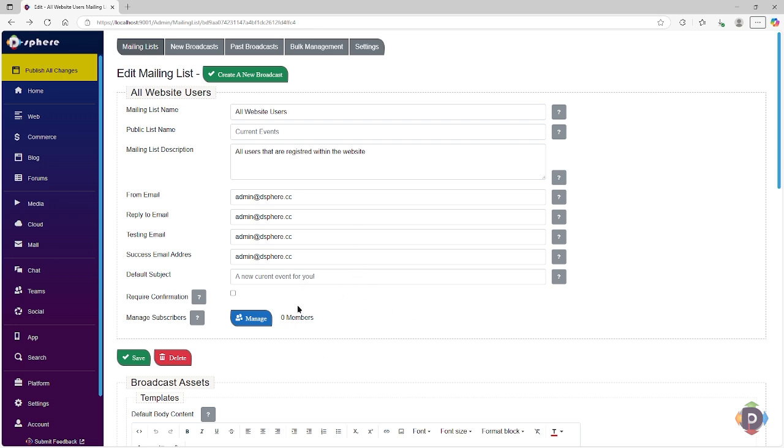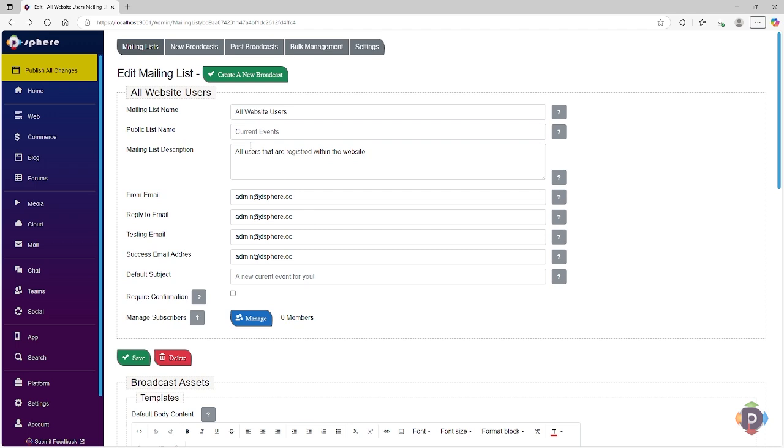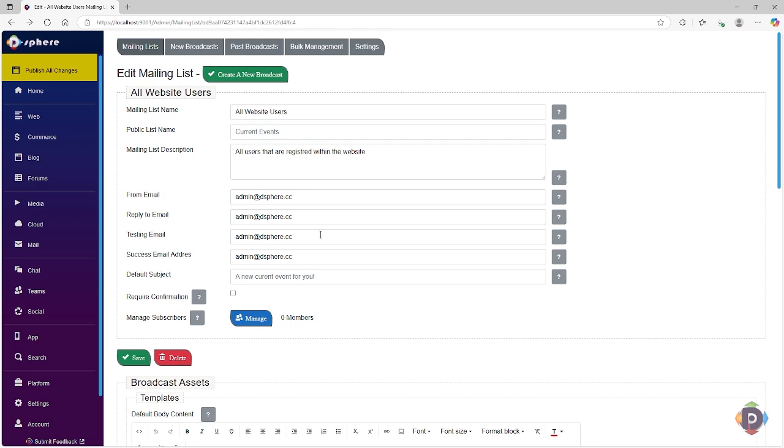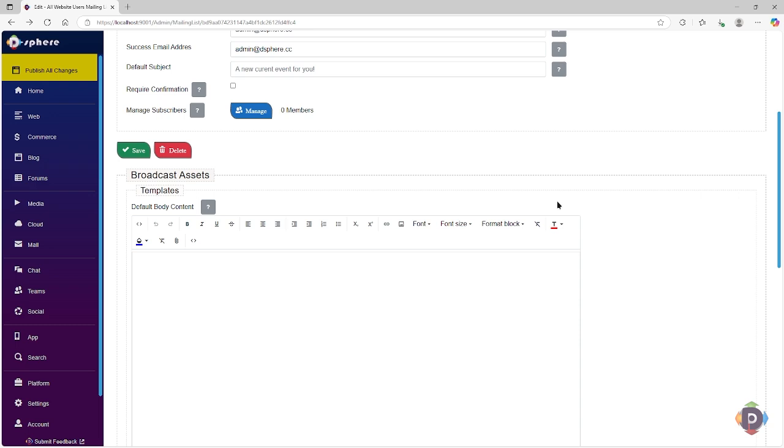For example, right now the mailing list does not give you quick metrics to see in graph form exactly how it's all working, things like that. That's coming down the pipe. But we want to hear from you if you have other things you'd like to see. But let's keep going. So you can now create your mailing list, add your subscribers, remove your subscribers, stuff like that. Because, I should have said, when you search for a subscriber, it'll come up with a list, and you can remove a subscriber as you'd like. And you can also have people click remove from within the emails and all those typical things you'd expect to see from a mailing list management technology.